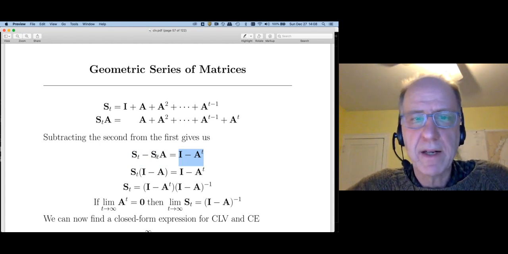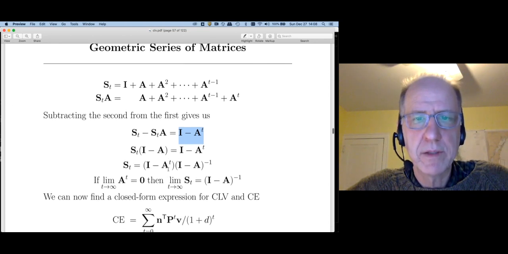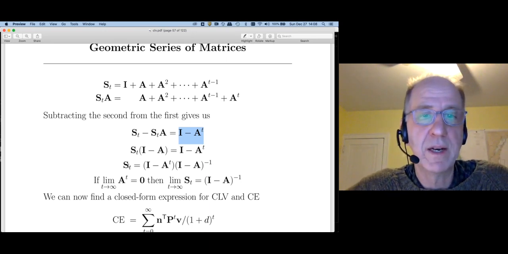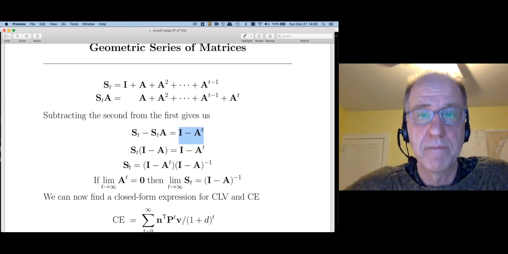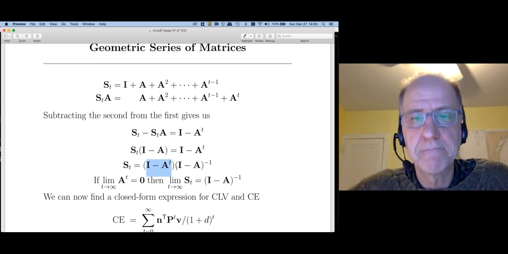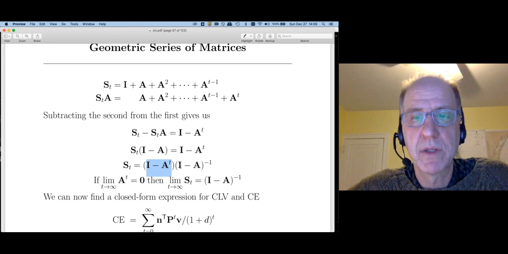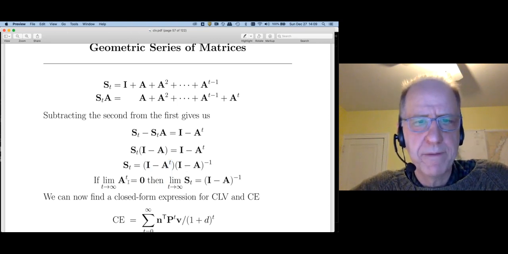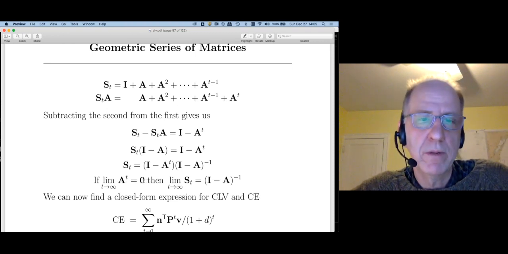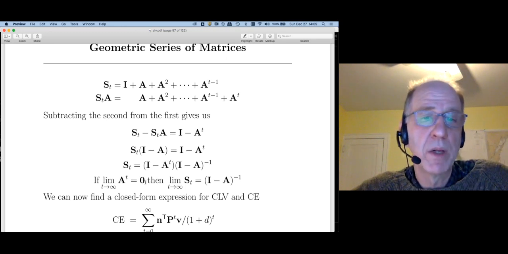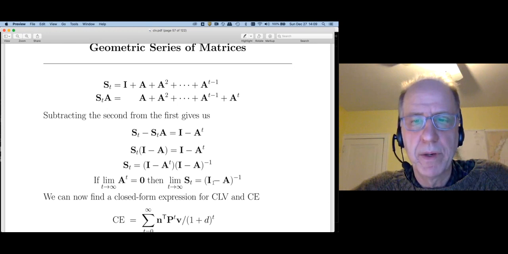Now, notice I can factor out S sub t, and then let's post-multiply by I minus A inverse. So if I do that, I minus A times I minus A inverse becomes the identity. So what's on the left-hand side is just S sub t. That's the thing I'm interested in. The right-hand side is going to be I minus A to the t times I minus A inverse. So you can think of this as, what would happen if these A to the t's went to 0? So if as t goes to infinity, the elements in this A matrix get smaller and smaller, then what we end up with is just